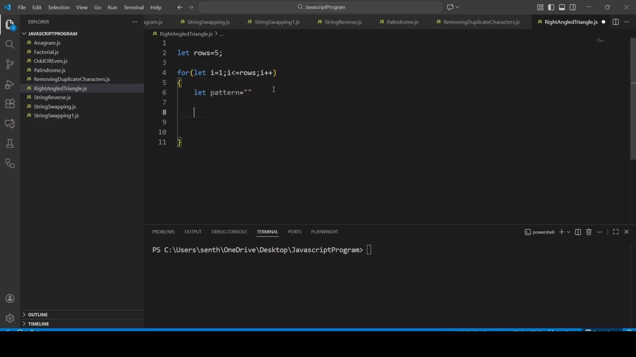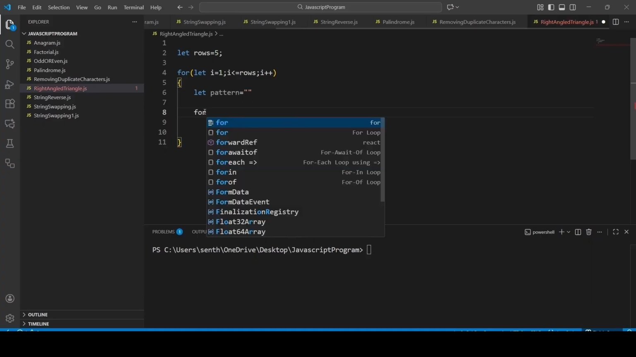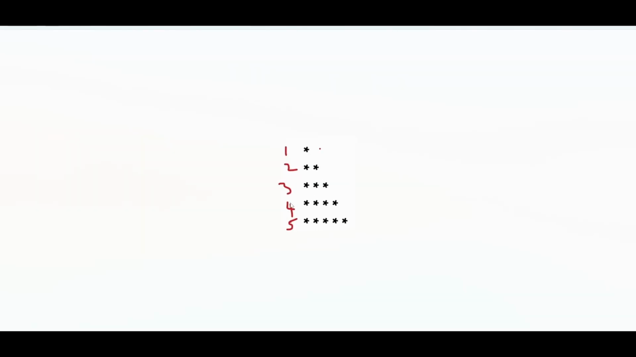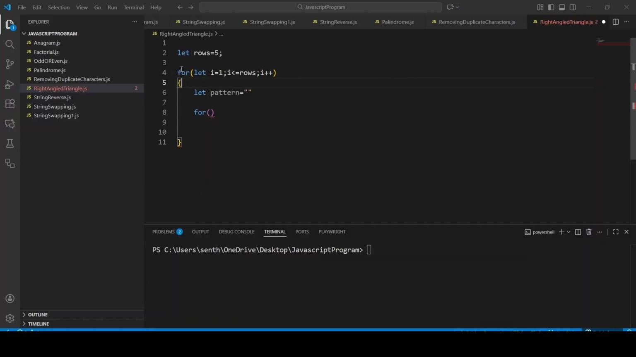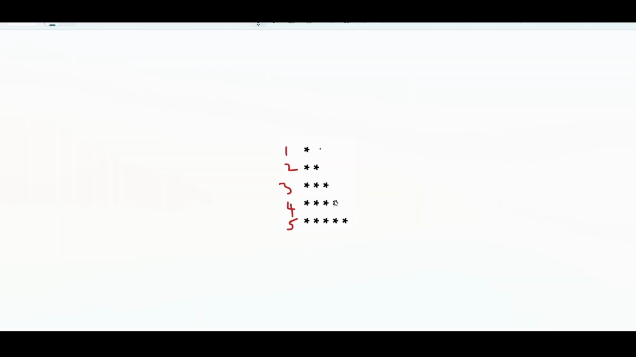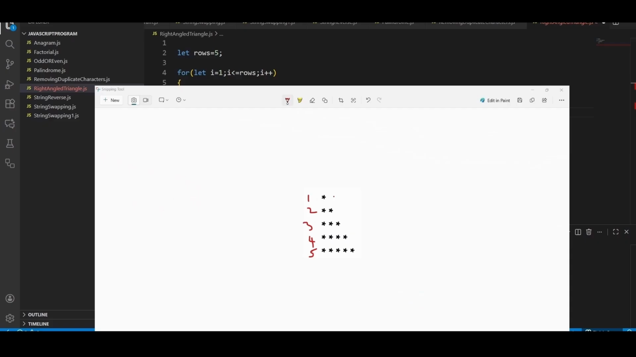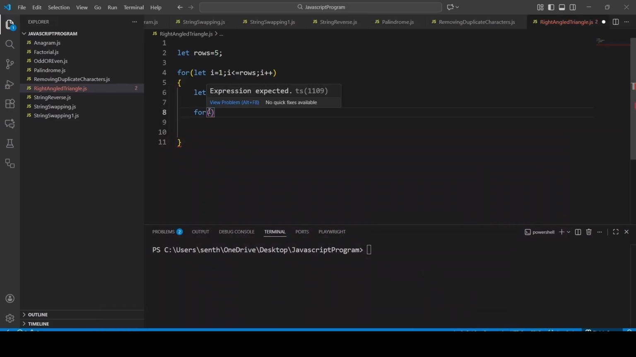Now we are going to write the inner loop. In this diagram we have 1 to 5 rows, so we have written the for loop to execute 1 to 5. In each row the stars are increasing. So I am going to write a nested for loop to increment the stars, like 1 star, 2 stars, 3 stars. So here I am going to take let j equal 1,